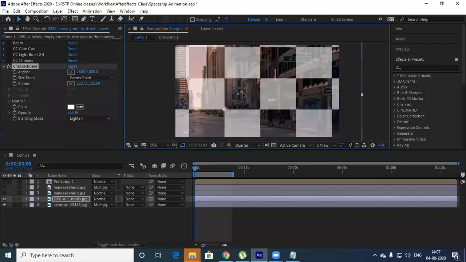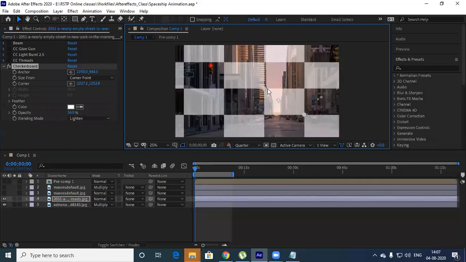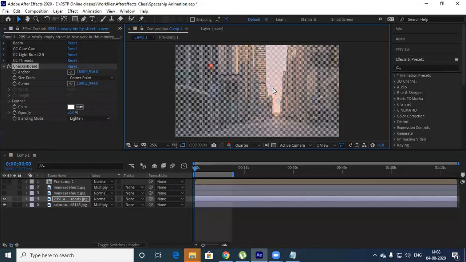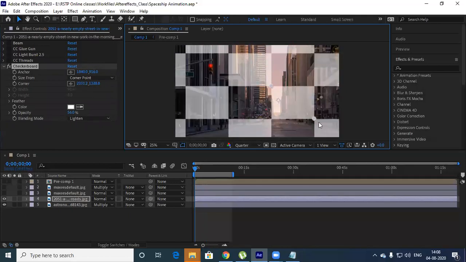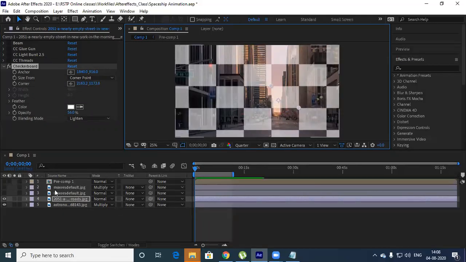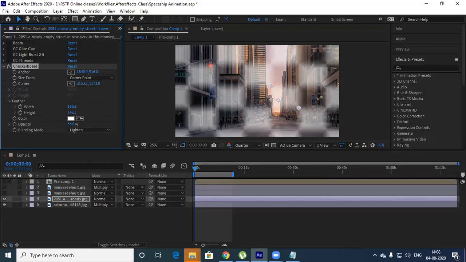See, something, let's say you are like this, you can do this kind of animation and all. I'm showing all this for an image. This can be your video footage. It looks even cooler if you do that. There's a feather also. You can add feather, width and height. You can add certain feather to this, so you get kind of a blurry effect.